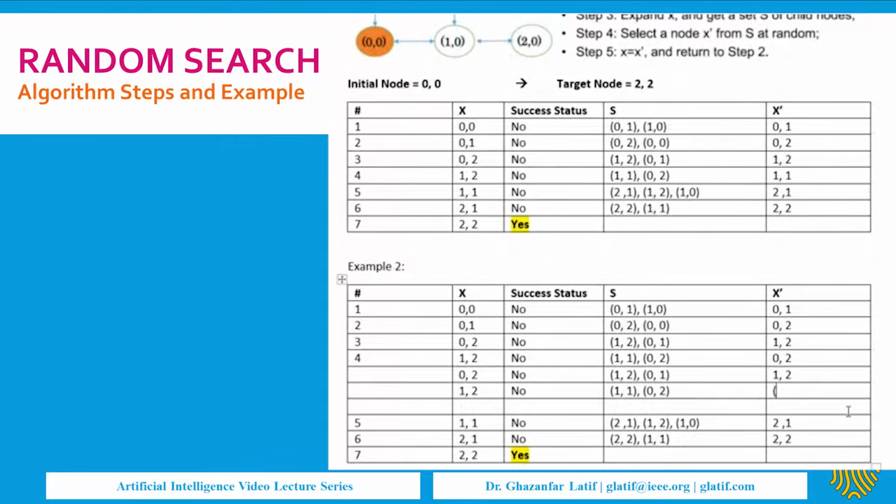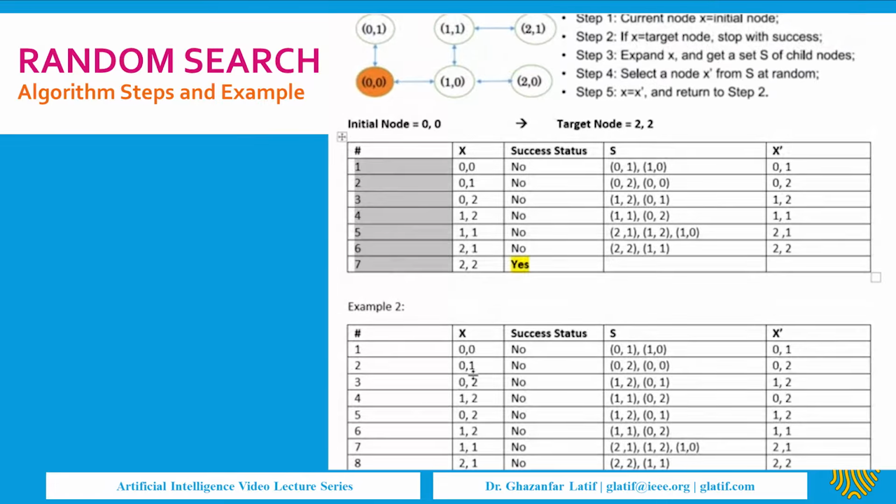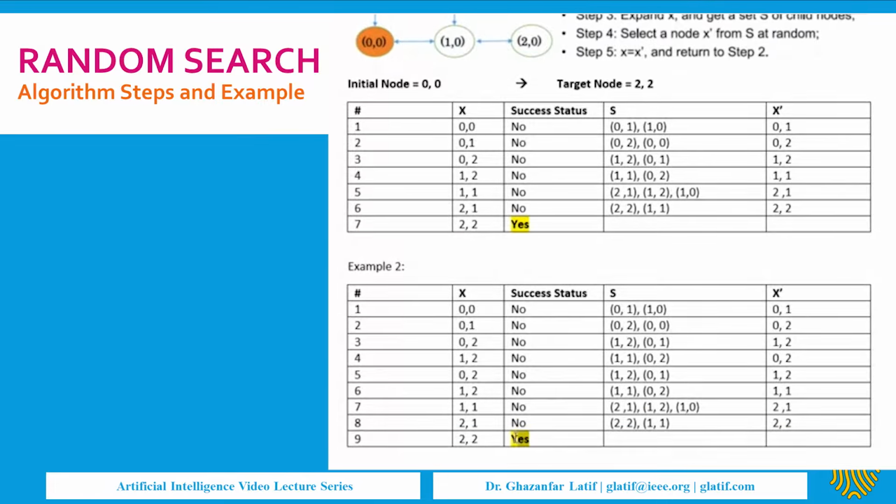So let's suppose we got 1, 1. For 1, 1, we delete the entire row, and we reach the same destination. So now if you count the stages 4, 5, 6, 7, 8, 9, we have 2 additional stages. Although we are reaching the destination with success, we added some of the stages as redundant.